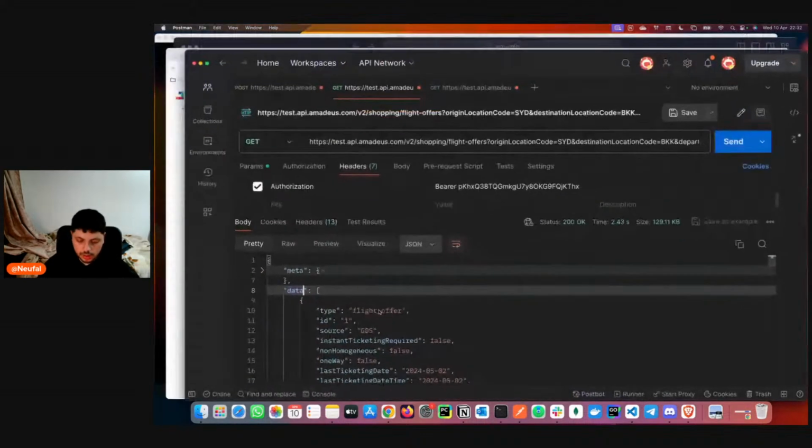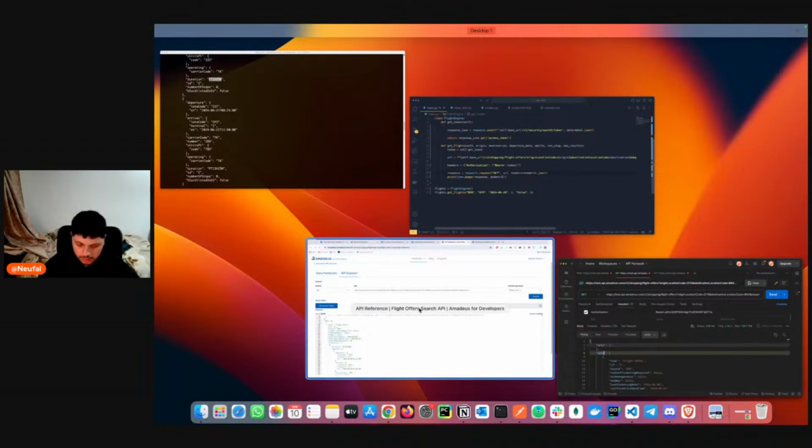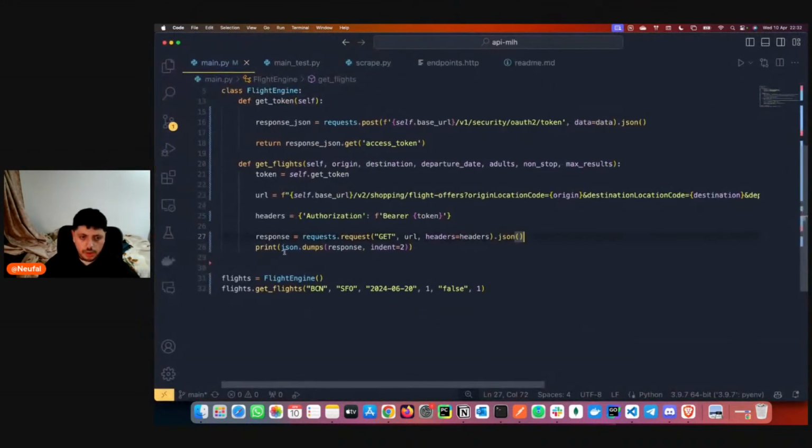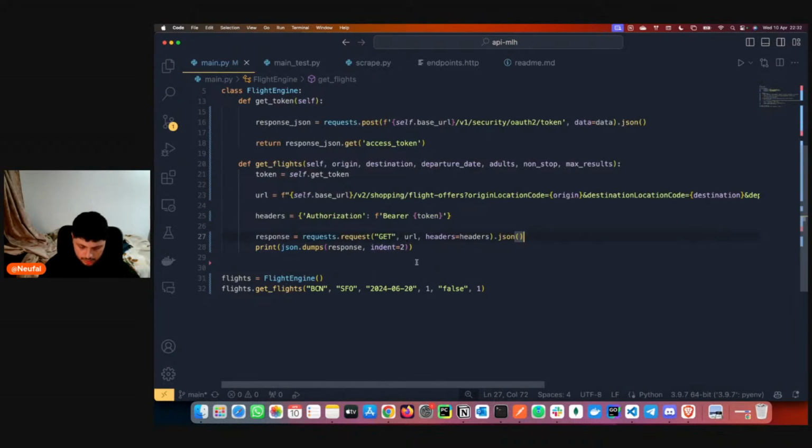Okay, if we go here, it's this one. This is the JSON. So the response, let's call it flights JSON. Here we have the flights.